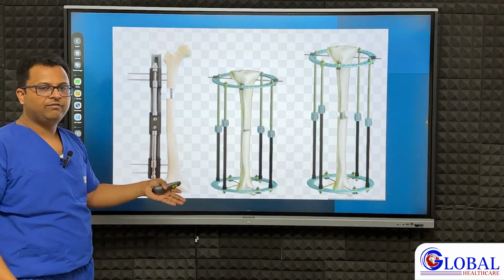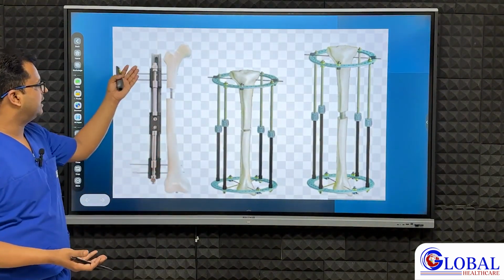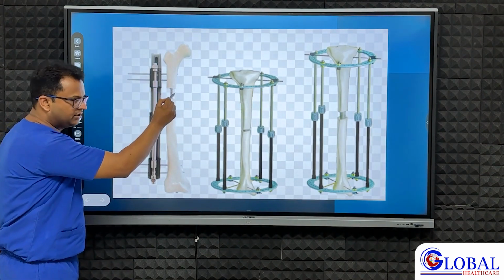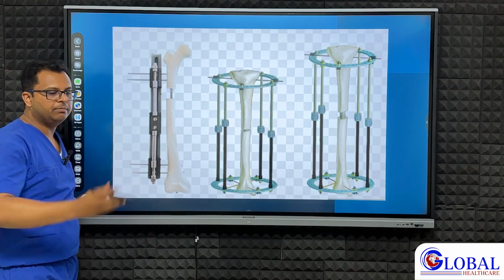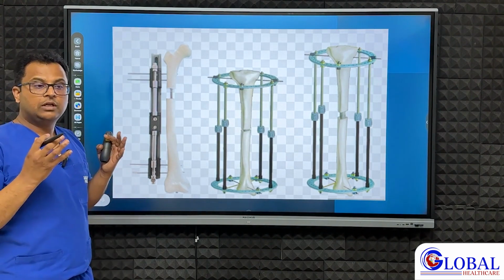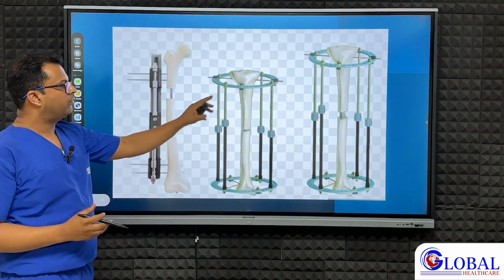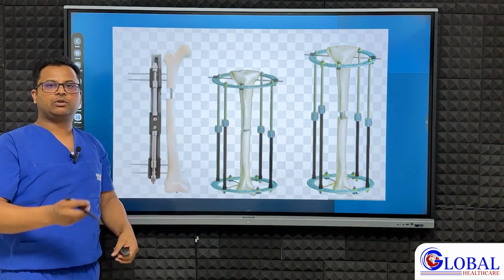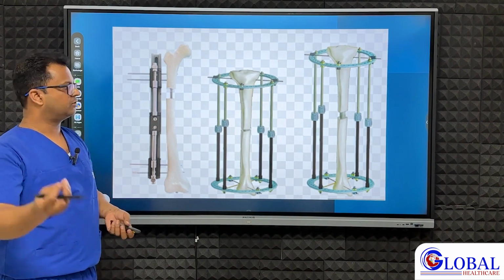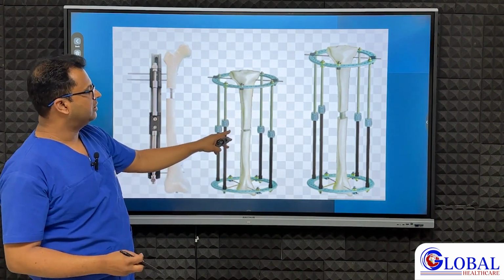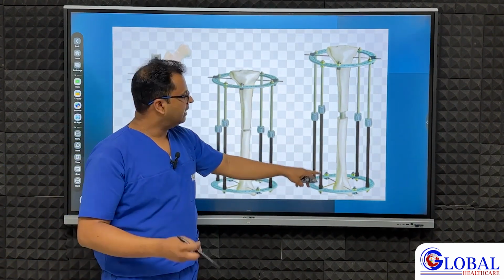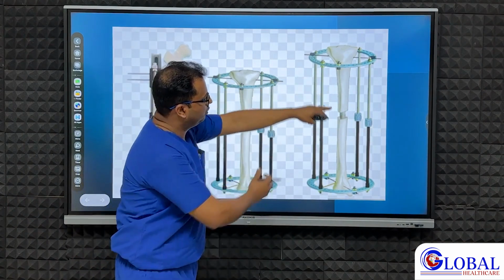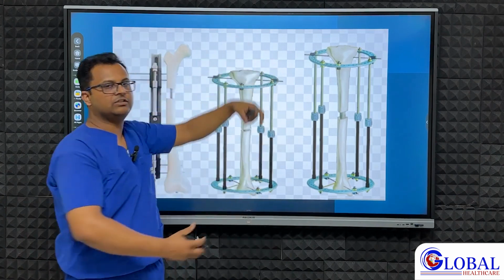Similarly, the same thing will happen in the lengthening over nail method. In the femur, we have put the nail, we make a fracture, and then this is the LRS, limb rail system. When we are going for femur lengthening, we didn't go for Ilizarov. We put the limb rail system, and then we start distracting. This leads to new bone formation, called regenerate. Similarly, this is the lengthening over nail method in the tibia, where we make the fracture in the tibia, that is an osteotomy, there is a nail inside, and when we distract, this will lead to new bone